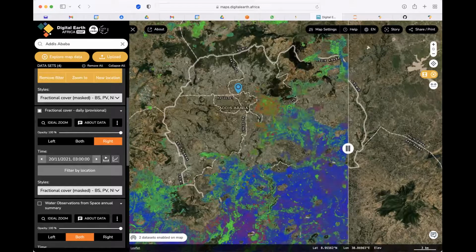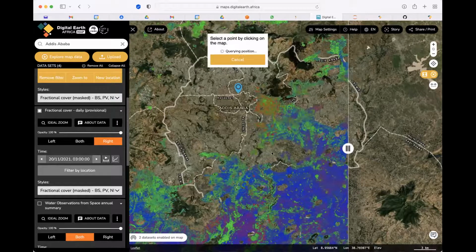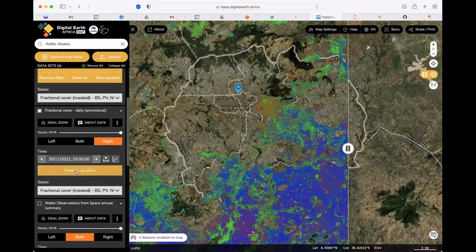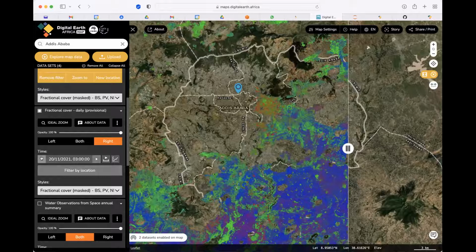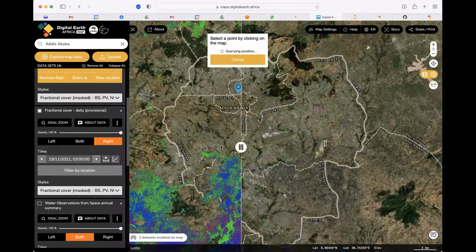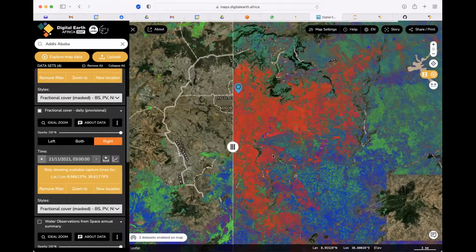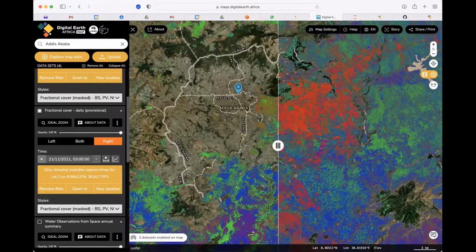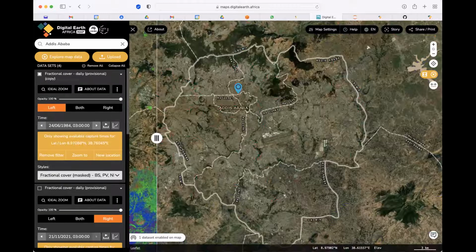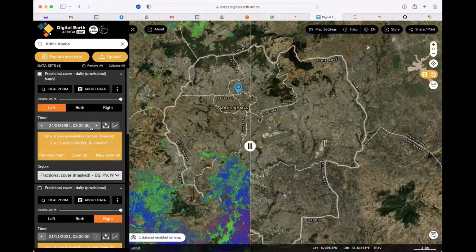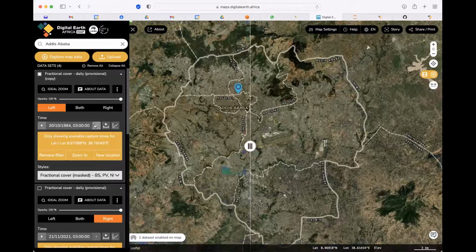So the product first on this is trying to load on the right, or in case there's none for that time, I can choose a different date. So this one will load. So this is what we have for 2011, 2020. And if I remove that, for the 80s, things were different in Addis Ababa. You can look at the product, and I can try to narrow into better assessments.